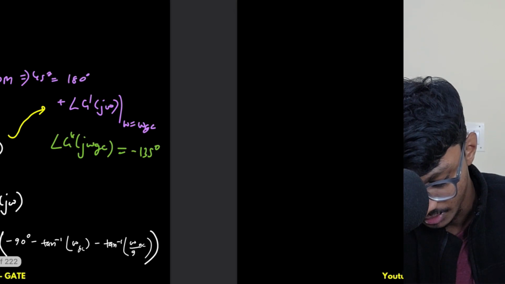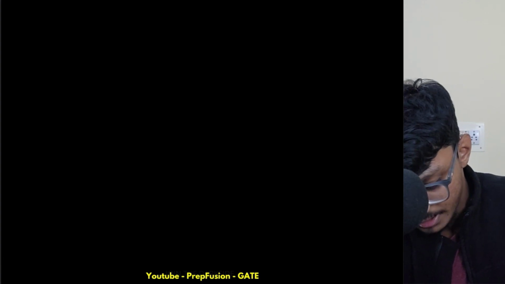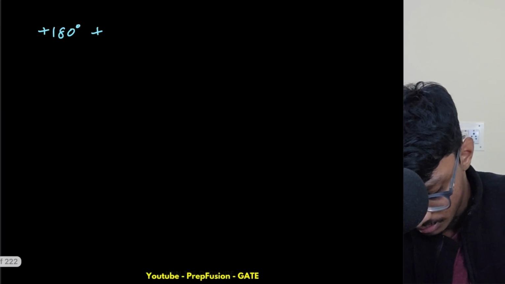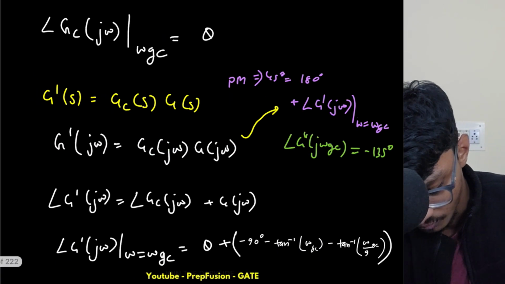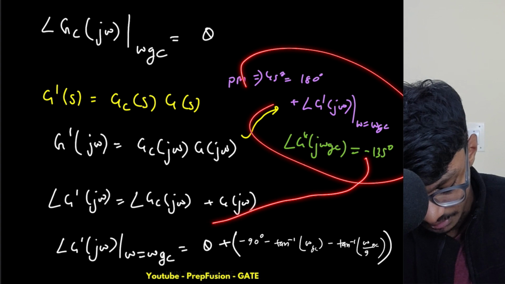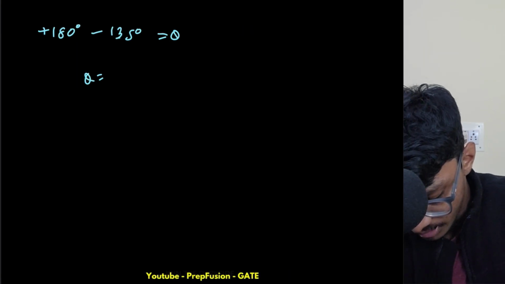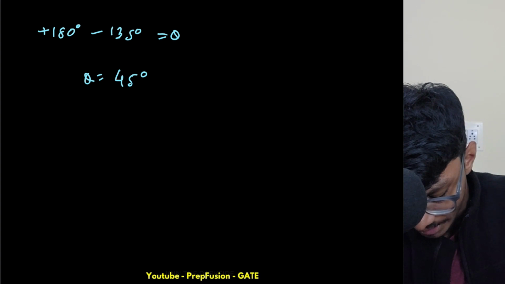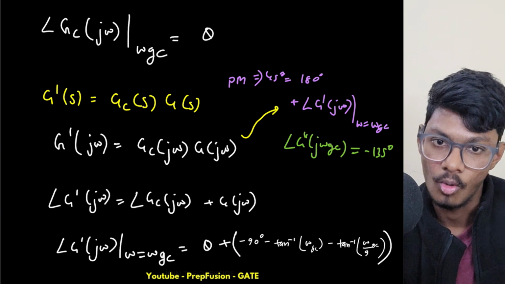So minus 180 will shift over here and become plus 180. Sorry, minus 135, because this is what I got from the phase margin relationship. Minus 135 should be equal to my theta, so theta will be plus 45. So it is providing a phase lead of 45 degrees at this particular frequency, omega equals 3 radian